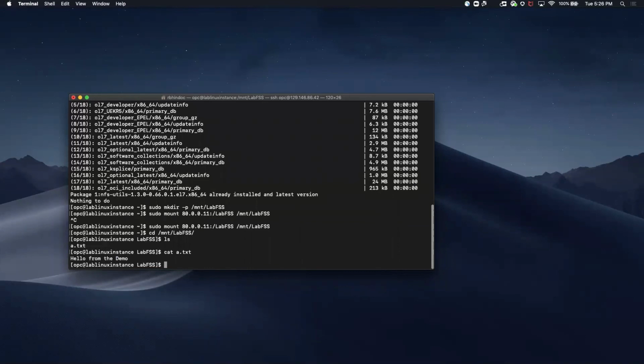And this confirms that our file system is now not only accessed by the VMware virtual machine, but also by a virtual machine that is sitting in the VCN. So we can have a hybrid implementation where part of our application is running within the VMware while the remaining part runs on OCI. So that's it for the lab. Thank you.